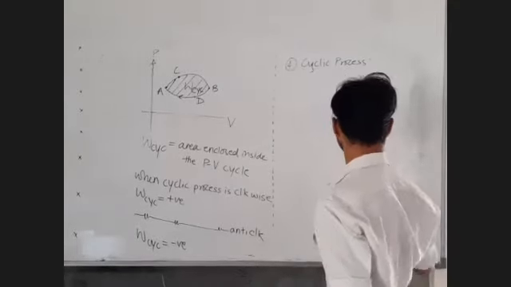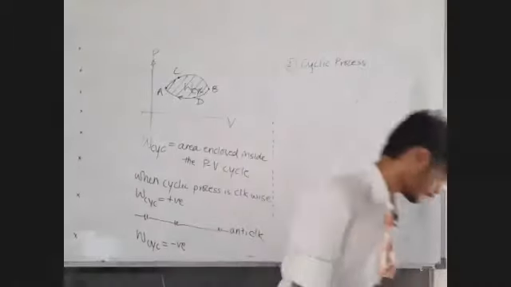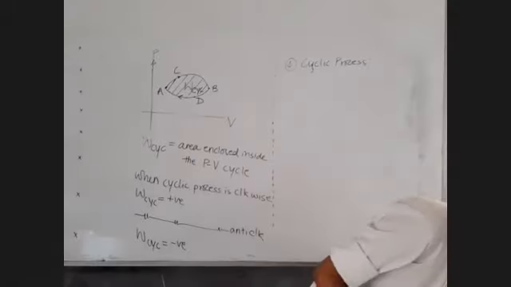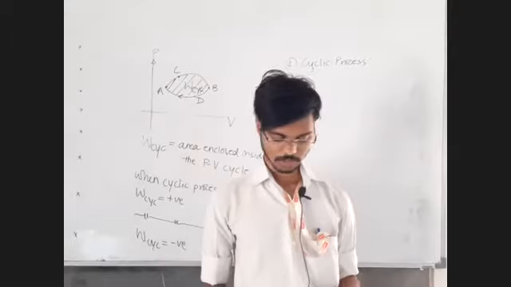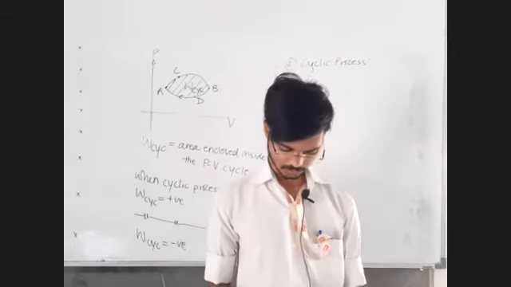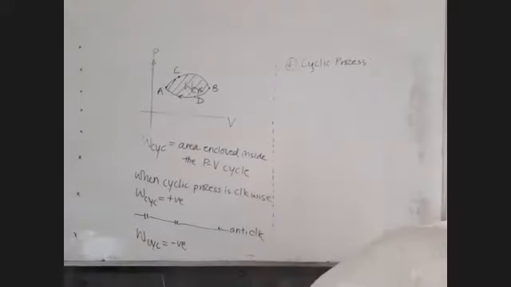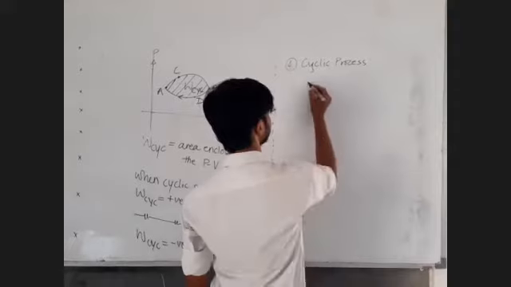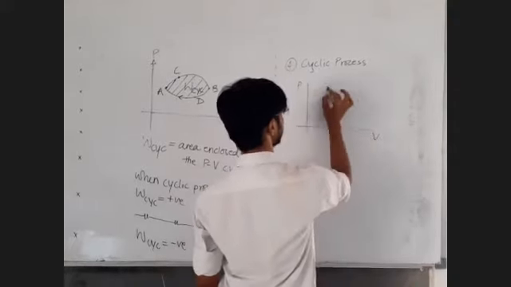So now we have an idea about work done in a cyclic process as well. Good. Now you just tell me when the work is positive and negative. They have given some examples. Let's see. This is pressure. This is volume.